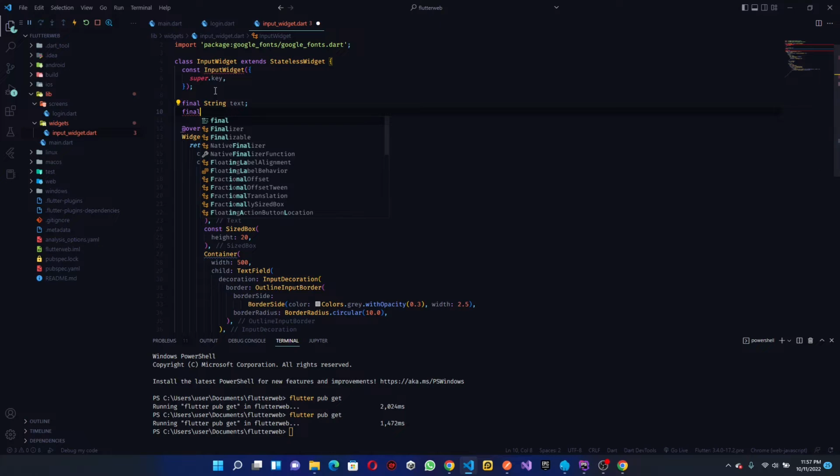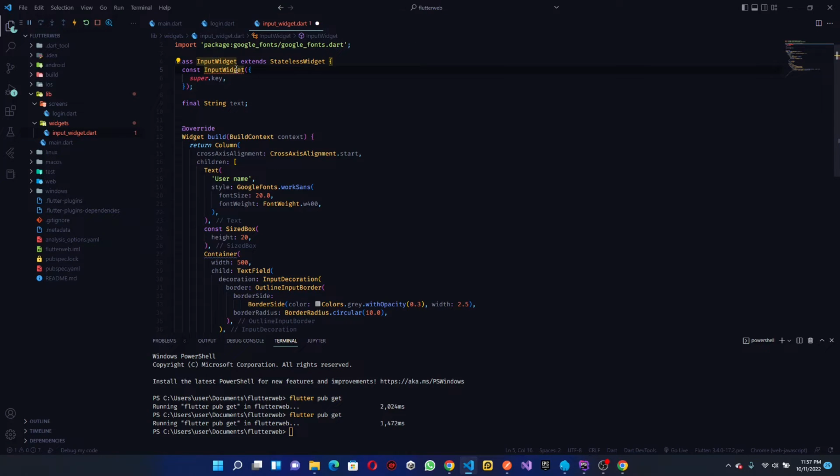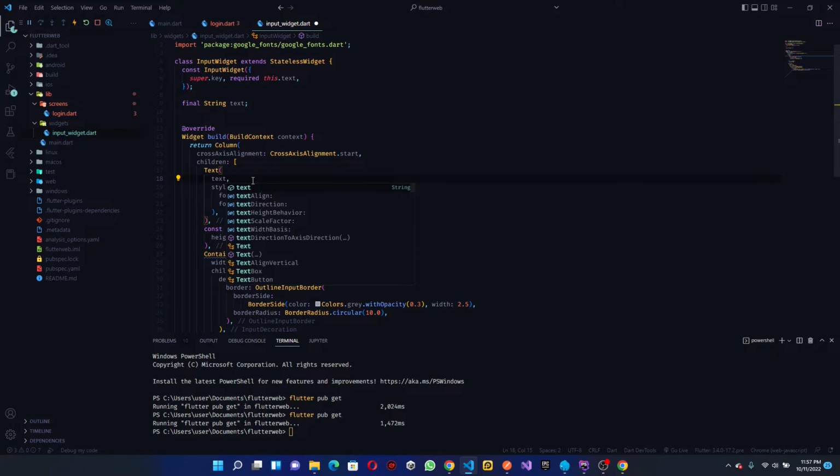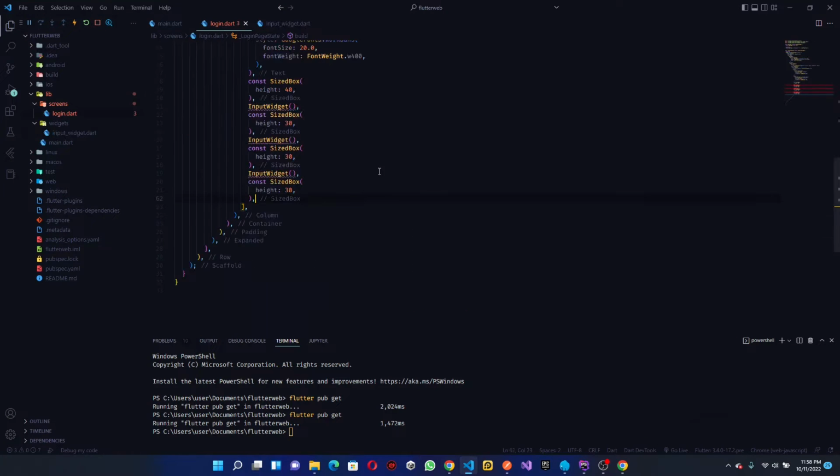Final, I think we'll figure it out as time goes on if you need anything. So you can add this here. Then when we have this username here, you can make this text. Okay, save this. Then right here you can go ahead and do text equals username, and this will be